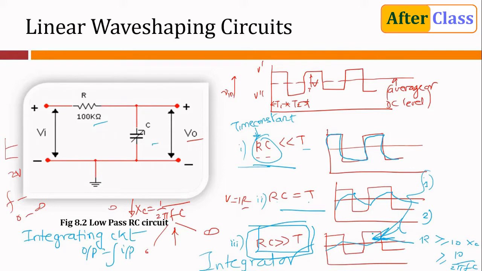Now, what are the applications of the low pass RC circuit? The RC circuit with a time constant larger than the time period of the input wave, that is RC very much greater than T, is used as a bypass capacitor. Low pass filters are also employed in the generation of triangular and ramp waveforms. You can make out from this output. It also finds application in discrimination between pulses of different length.